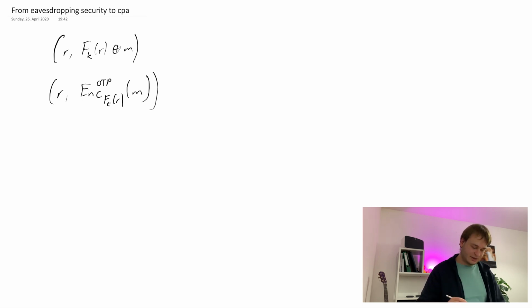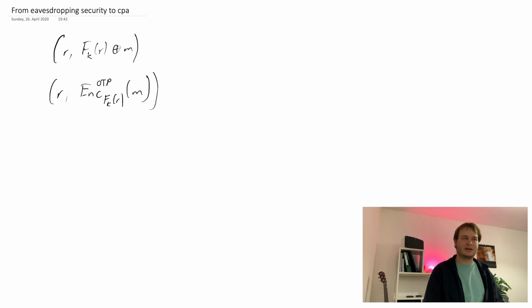Because I want to look at it as actually the construction where we choose a random R and then use the pseudorandom function to derive a key for an encryption scheme. In this case, it's the one-time pad encryption scheme. Because this shows a nice little way of thinking about this scheme that we have. So essentially, these two are the same. I now just rewrote this one-time pad encryption here explicitly as a one-time pad encryption here, where the key is derived from the pseudorandom function.